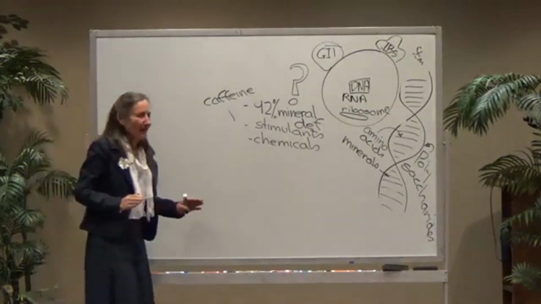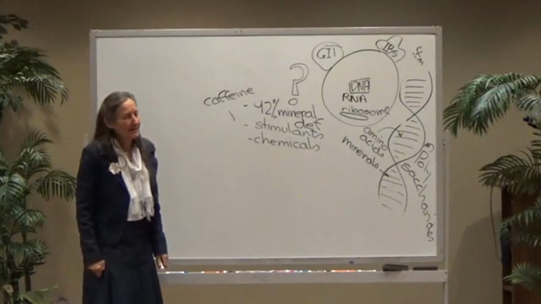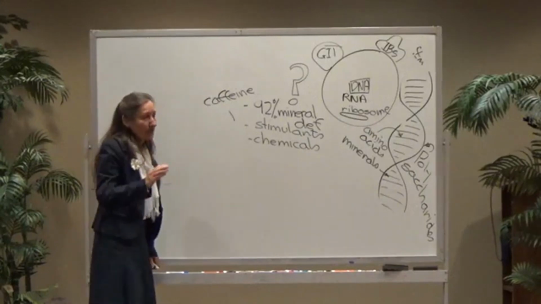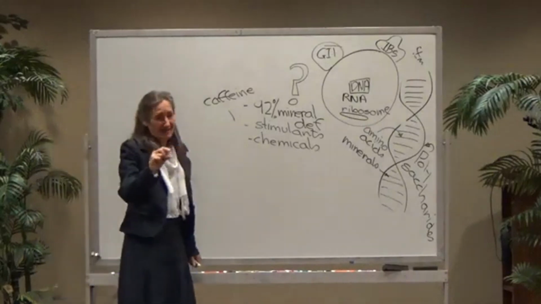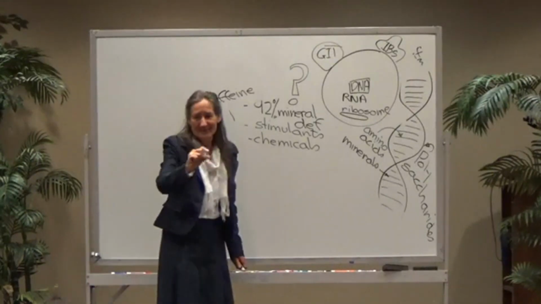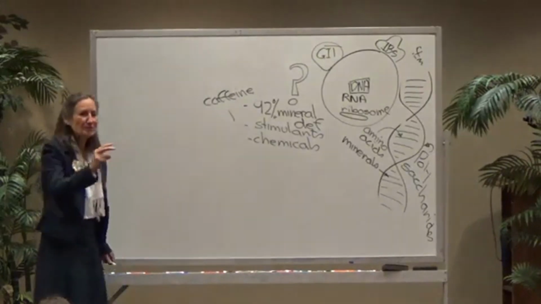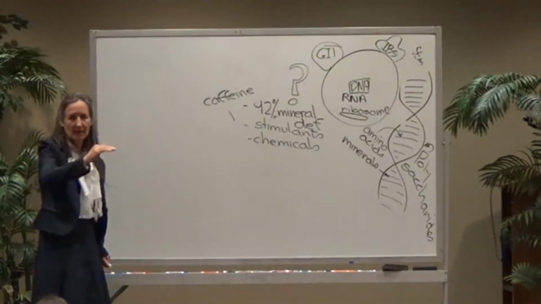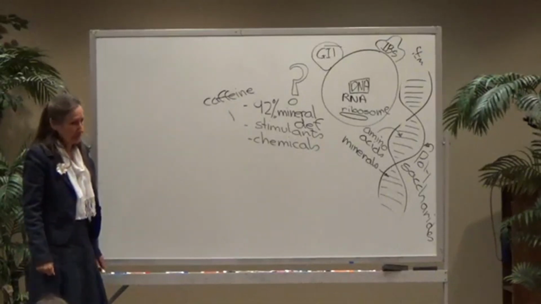If you're a coffee drinker, don't stop suddenly or you'll be suffering. So what can you do? If you're having 3 cups of coffee a day, start having 3 half cups a day. Then go to 3/3 cups a day. Then go to 3/4 cups a day, and then go to 2/4 cups. See that? If you do that, you can get off your coffee without any pain or suffering.